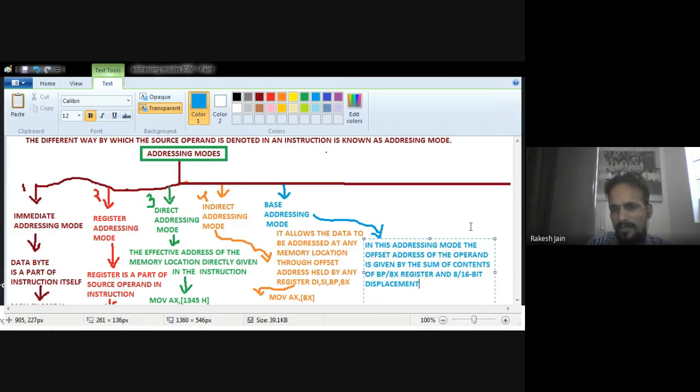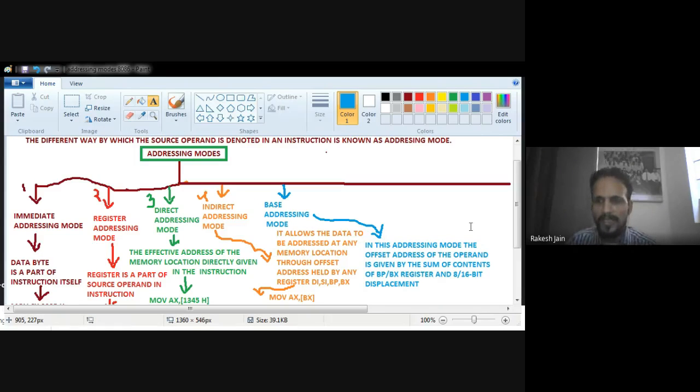So the offset address of the operand is given by the sum of the contents of BP or BX registers and some data that is 8-bit in case of BP, or in case of BX, 16-bit. So they will be added. So there will be a displacement from their original value.